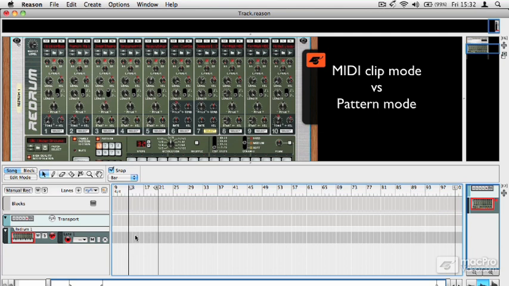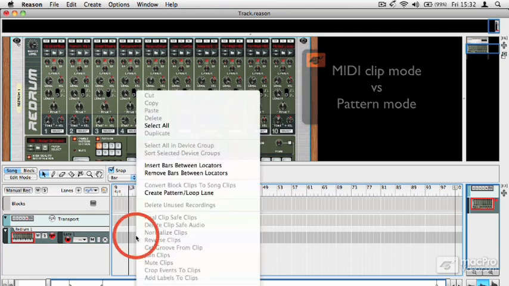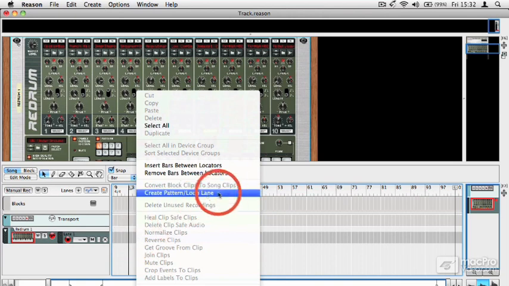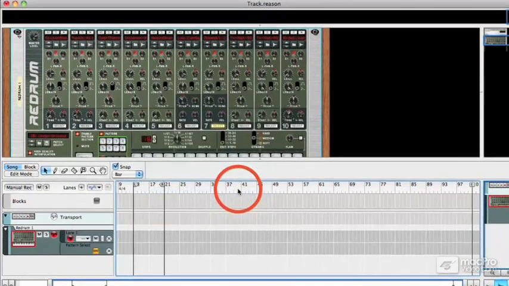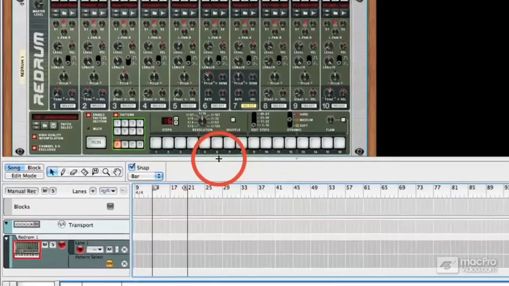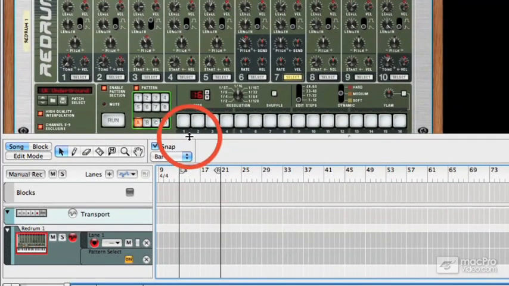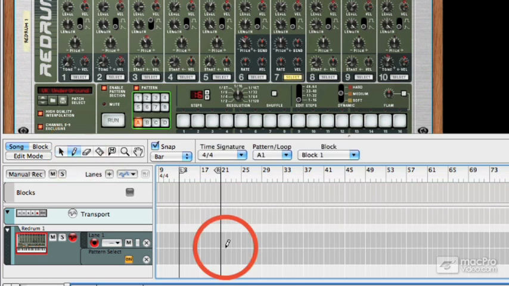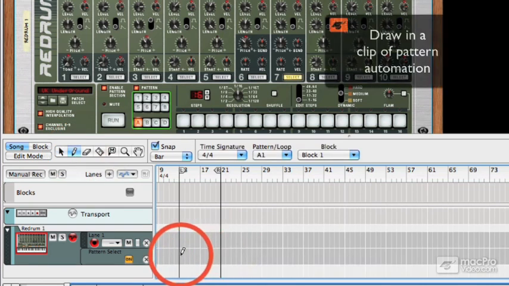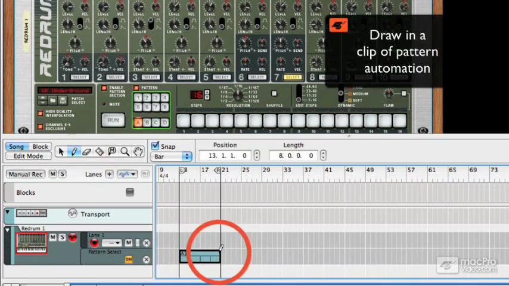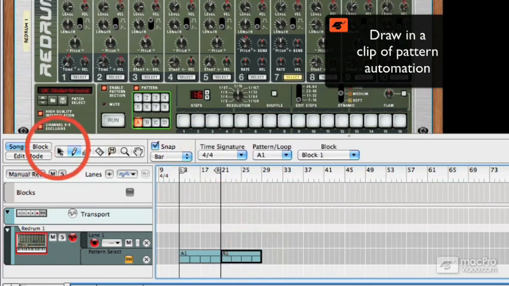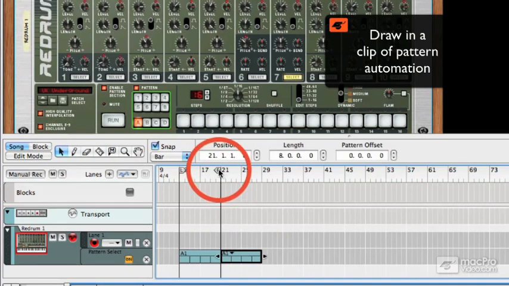rather than MIDI notes. If you right click on the ReDrum sequencer lane and choose Create Pattern Loop Lane, you'll see that the pattern box gets a green outline, which means it's effectively been automated, although you haven't done anything yet. And if you take the pencil tool and you draw in a block of data and then a second block of data, and then go back to the pointer tool,